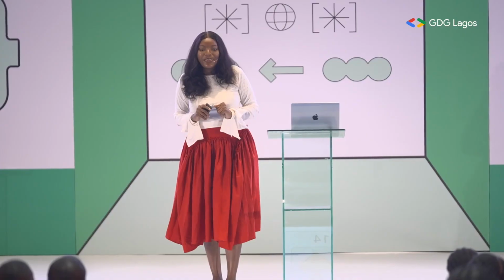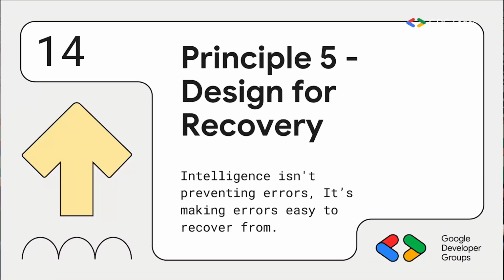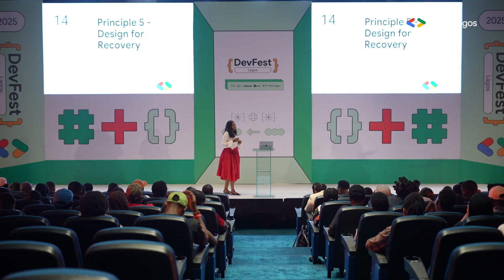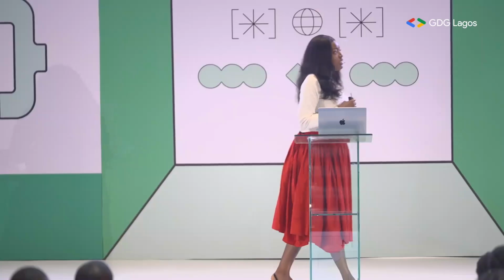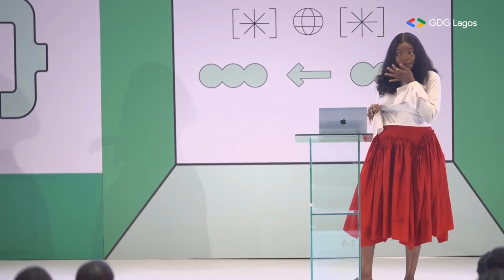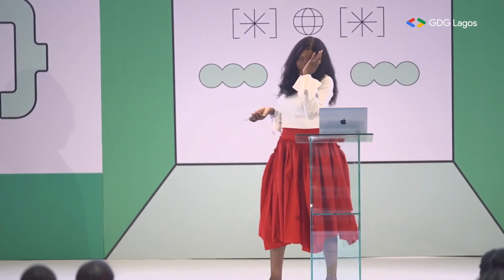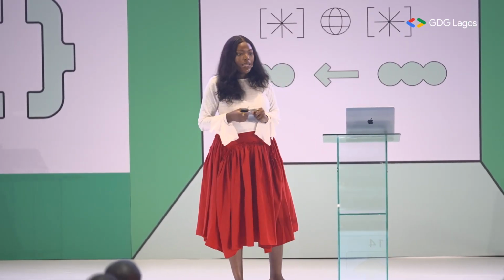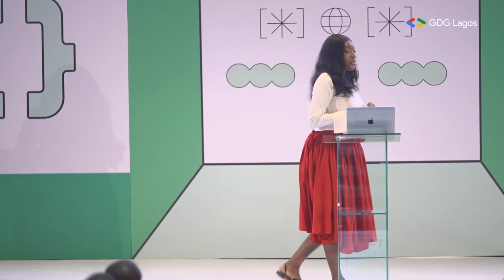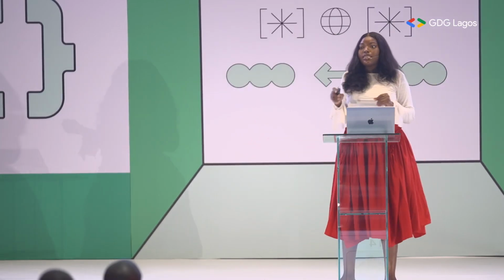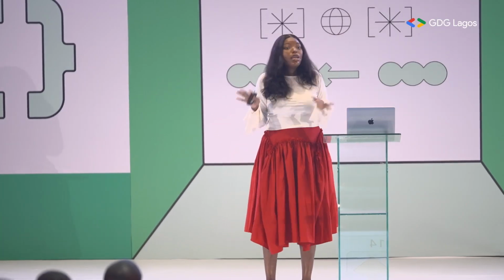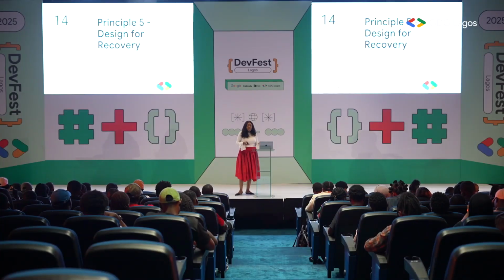Sorry guys, I'm speeding through it. The last principle is design for recovery, right? A common misconception with intelligent design is that it's completely immune to mistakes, and that's impossible. Nothing is perfect. Users make mistakes. Users change their minds every single day. It's important that when you call your design intelligent, it's easy for users to bypass every error. Allow your users to make mistakes, but make it also easier for them to undo said mistakes.